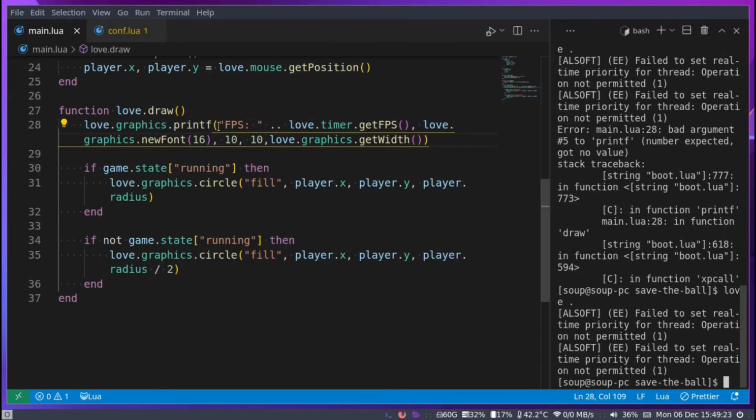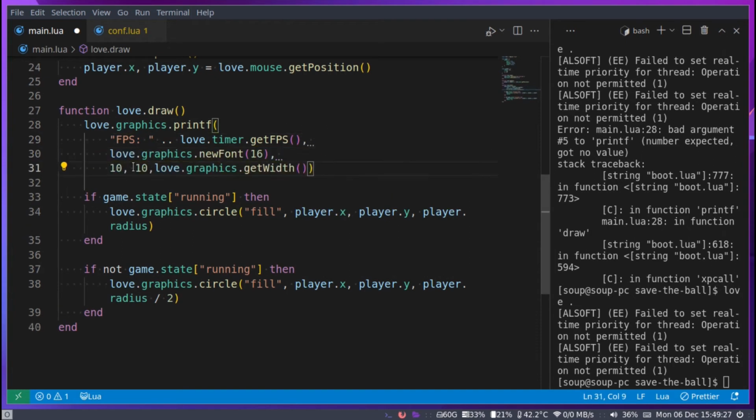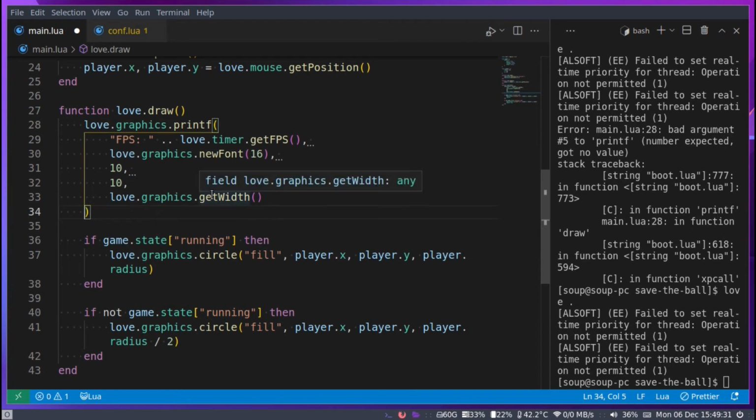Okay, cool. Now just because I have a little screen space, I'm going to split this up into multiple lines. Like that, okay. So first we display the FPS. Then we set the font size. Then here is the X position, which we can keep 10. Here is the Y position, which I would actually like to go